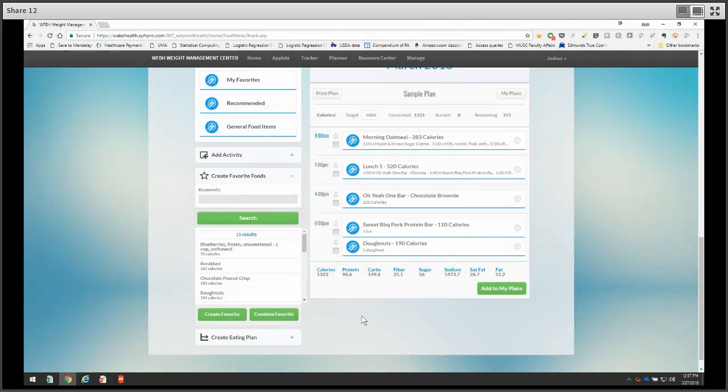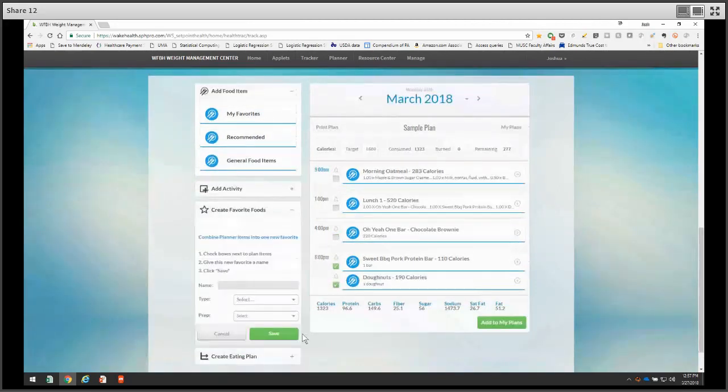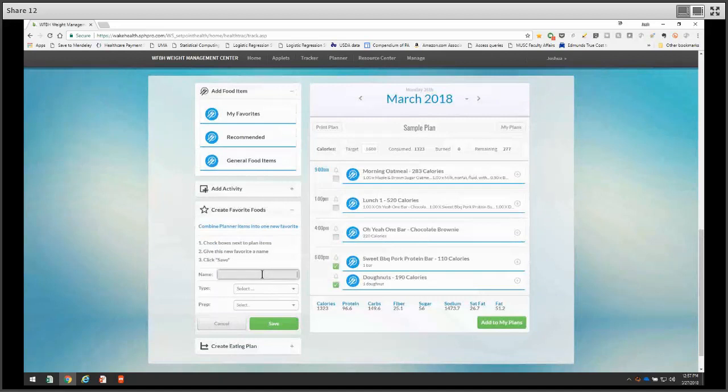Checkboxes pop up. Let's imagine, and this is all made up, so don't judge by having donuts in here, but if you had a dinner that had 7 items in there, you could check each one of those 7 items to combine it as one single entry.